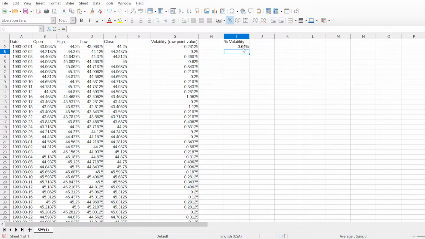Now, this percentage does not come up automatically. You actually have to toggle that. But I highly suggest that you come up here and toggle percentage, so that it shows you as a percentage. And this is actually very important. This is going to be a very powerful tool to help us a little bit later when we start looking at